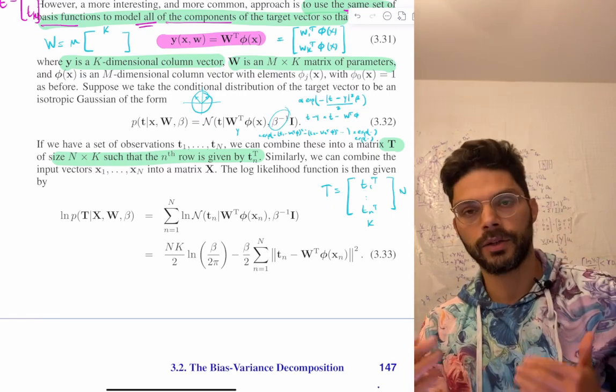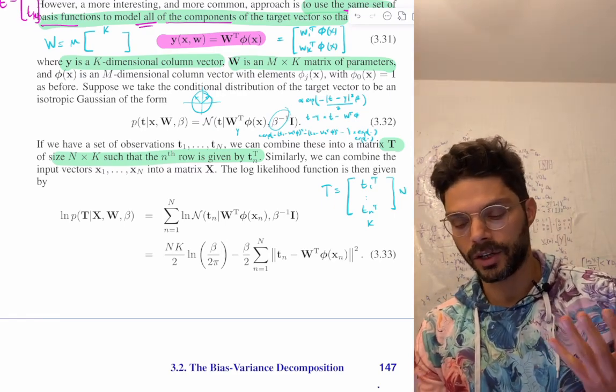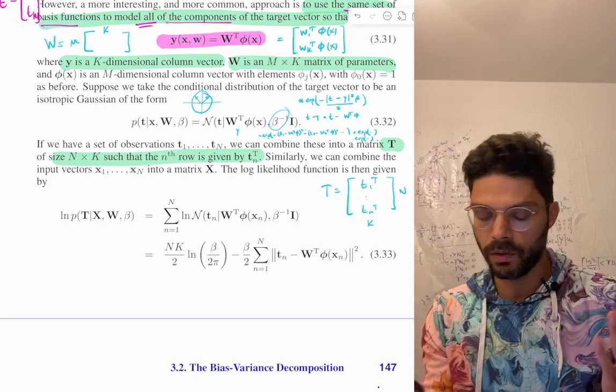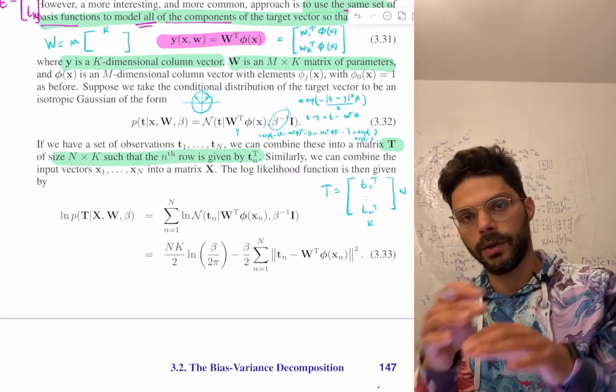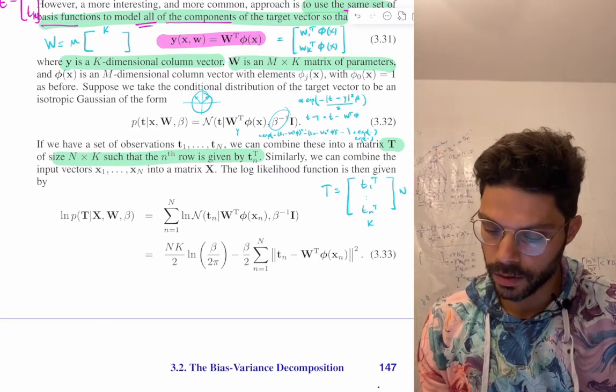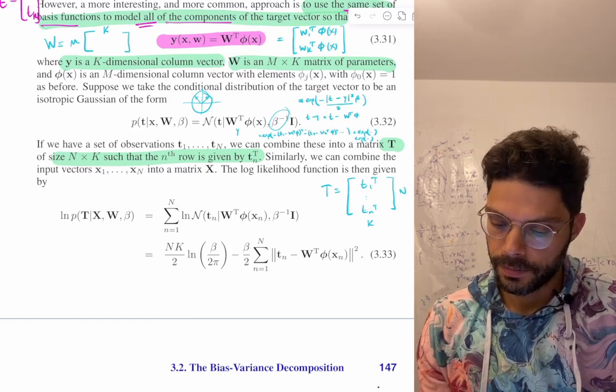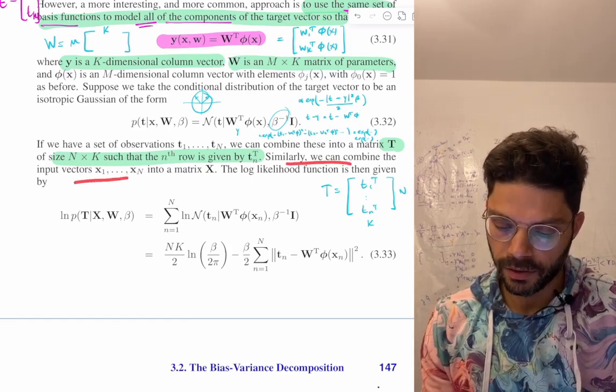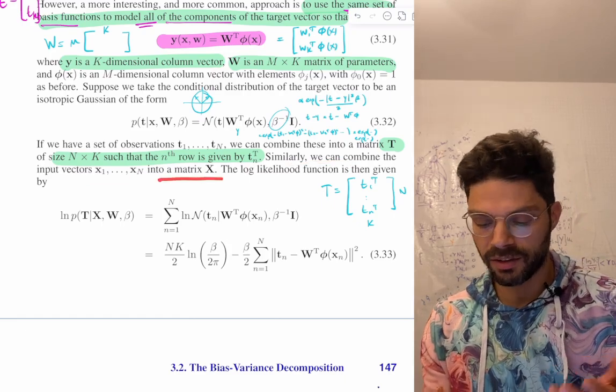Similarly, and again, look, the order of these things doesn't really matter. It just depends on your preference. You can have it the other way around too, but you just have to make sure that the rows and columns all line up. So hopefully that's pretty obvious. Okay. Similarly, we can combine the input vectors x1 to xn into a matrix X,